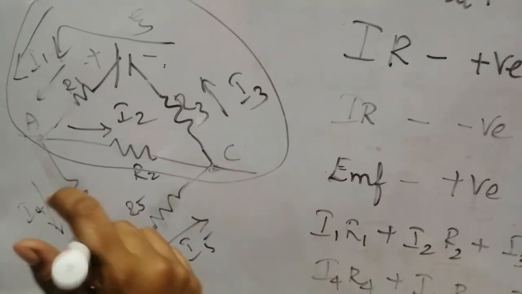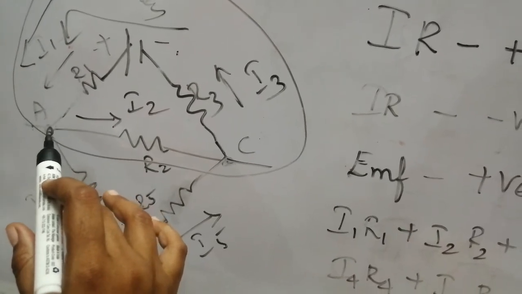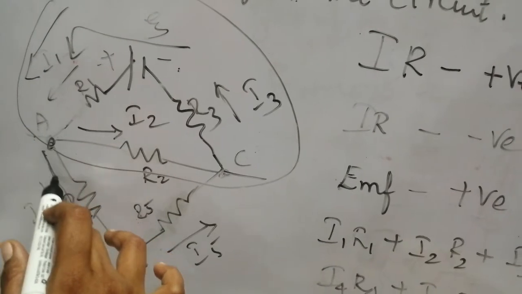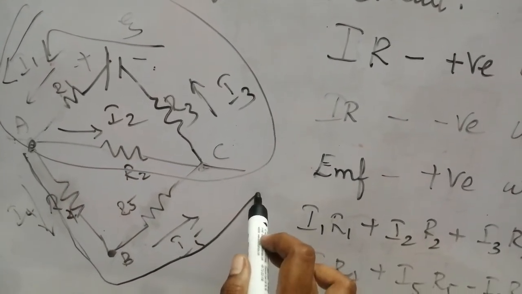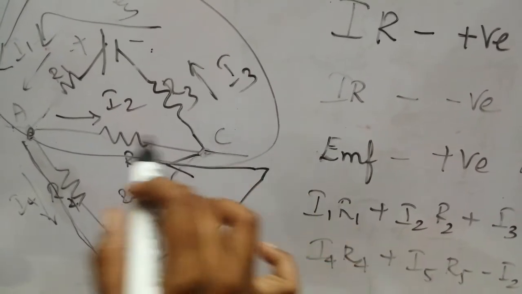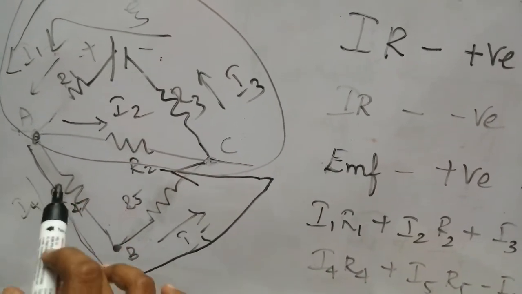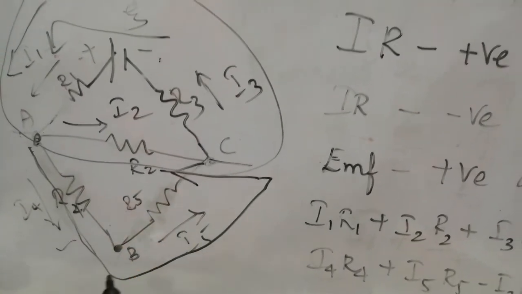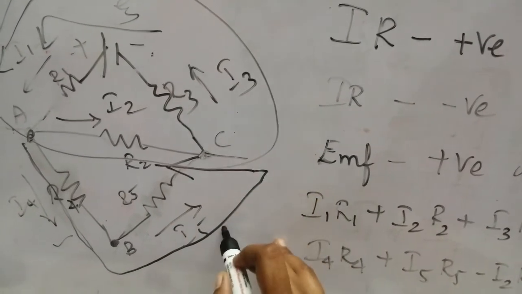At this part I'm going to take the point A as my supply point. From this point the current flows in this direction. So when I start from here, I move this way and then turn and move in this direction, and then I will be moving only in this direction from the point C. This is the flow. See that the current in the resistance R4 is moving in this direction, this is okay, and the current I5 is moving in the direction we have given, it is also correct.